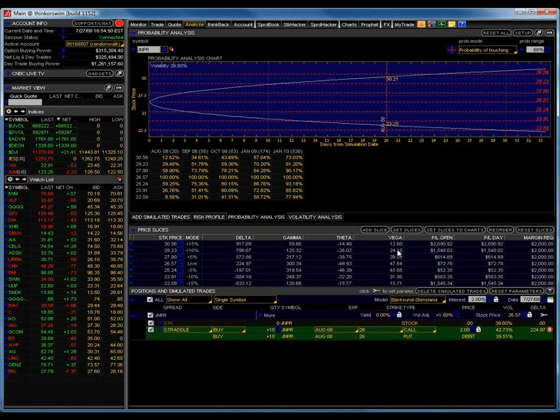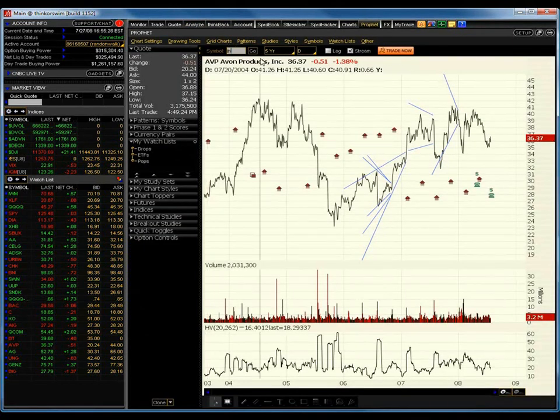That is one of the most important Greeks as far as gamma scalping goes, because as volatility increases, we make money. If volatility decreases, we lose money. So it just makes sense that we don't want to buy issues that are at the high range of their historical volatilities. We want to buy them in the low to mid section of their volatilities. And the way we can determine that is simply to go over to our profit charts and determine exactly where the volatility of this particular issue is. If we go over here and put in JNPR,